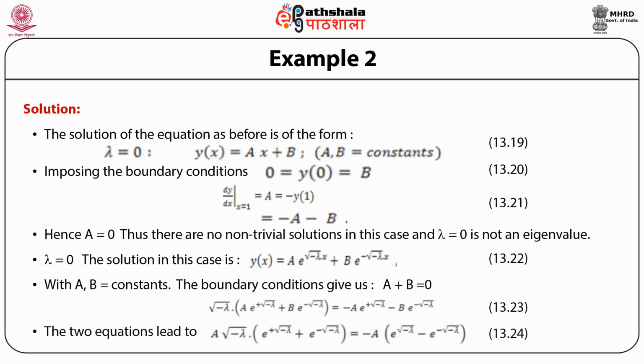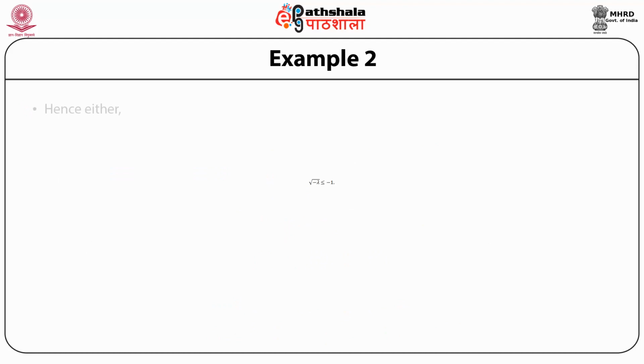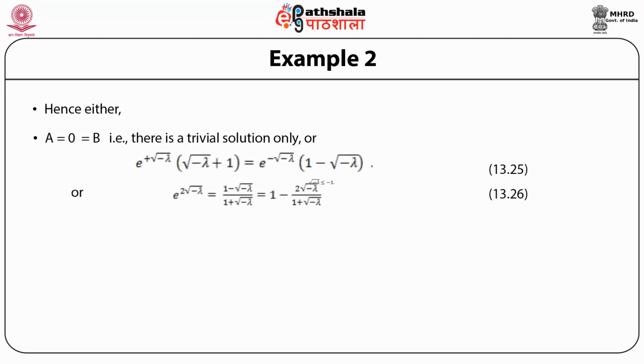These equations lead to a times the exponential of root minus lambda plus the exponential of minus root minus lambda, which is equal to minus a times the exponential of minus root minus lambda minus the exponential of minus lambda. Hence, when we apply the boundary condition, it is very easy to see that either a is equal to 0 and b is equal to 0, in which case we have only the trivial solution, which is not of any interest,